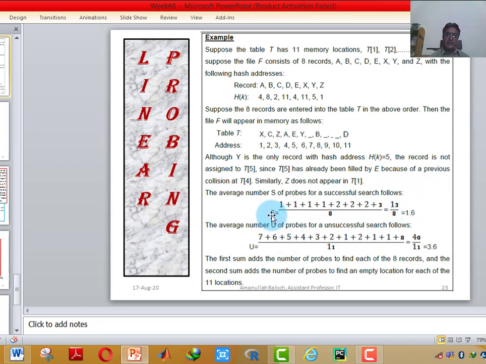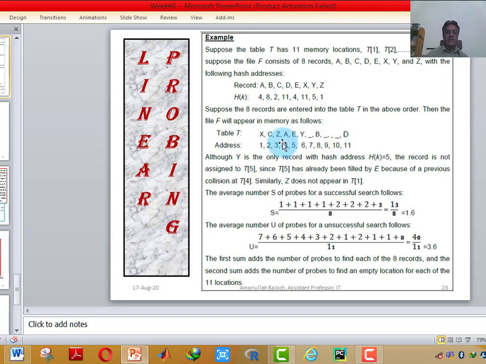These are the successful searches that we have already performed here. Unsuccessful search we will see later. Successful search means: the hash address of A is 4, it was available, and A has stored at location 4, so its search is 1. That is, on the first search it got its storage location.